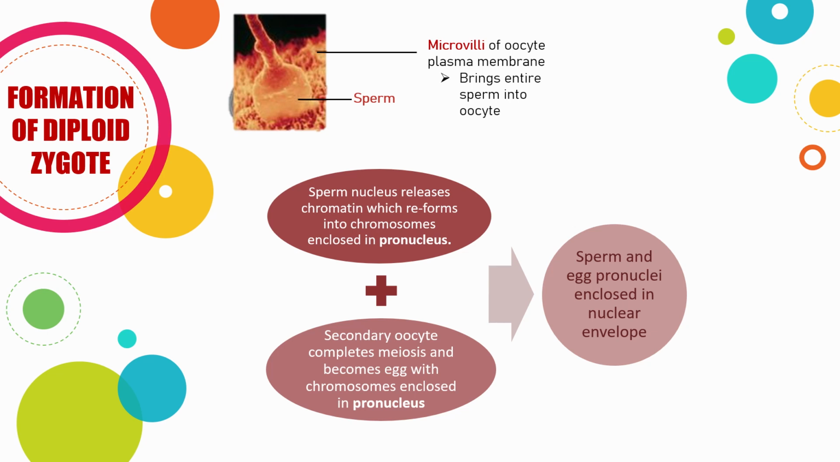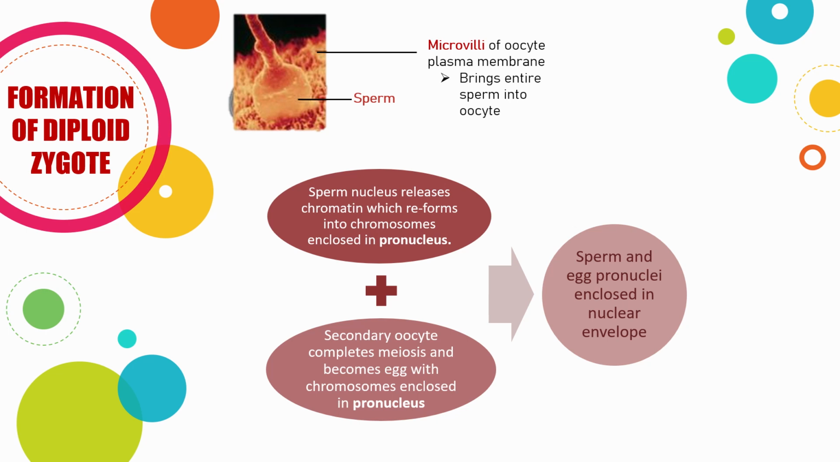The plasma membrane of the oocyte actually has microvilli, which extend from the membrane, and their function is to bring the entire sperm into the oocyte. Now, as the sperm has entered the oocyte, the sperm's nucleus releases its chromatin, which will reform into chromosomes enclosed